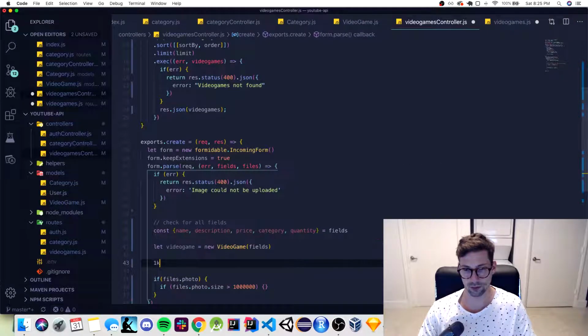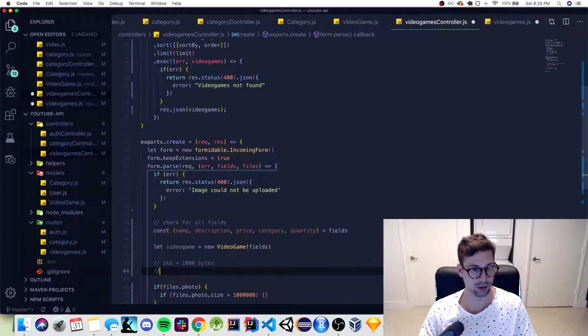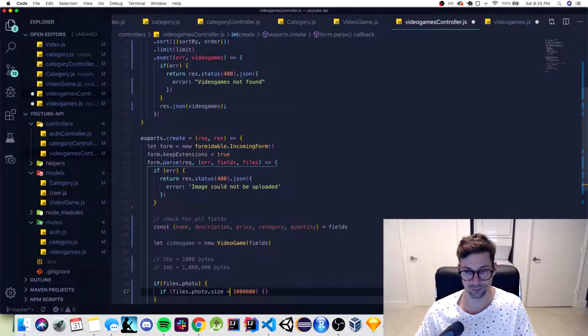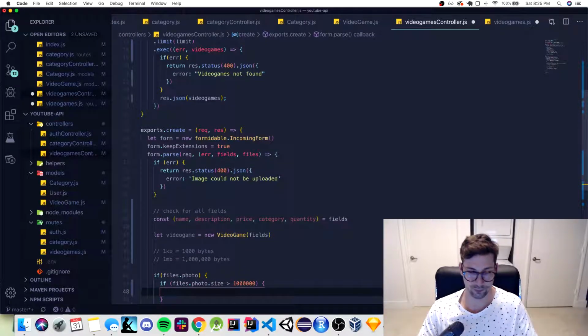So here I have a note, 1 kilobyte is equal to 1000 bytes, and 1 megabyte is equal to 1 million bytes roughly. So if the photo size is bigger than 1,000,000, I think it's bytes, I believe,